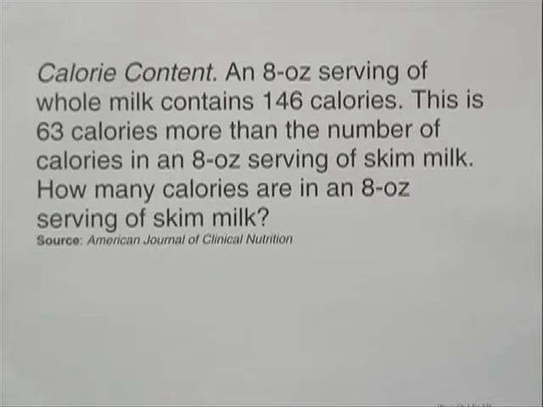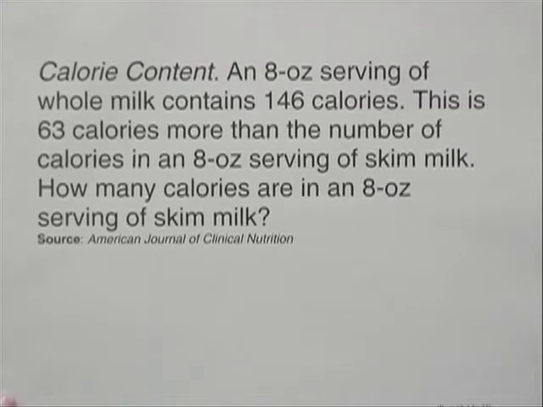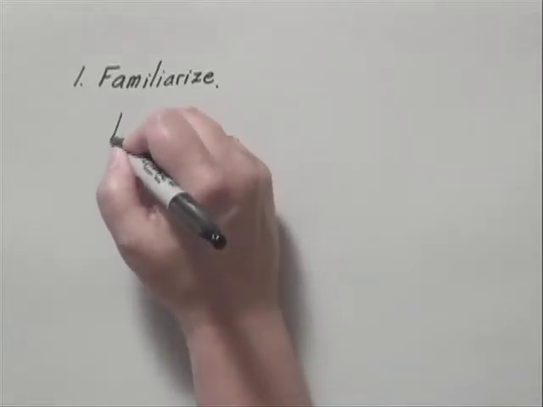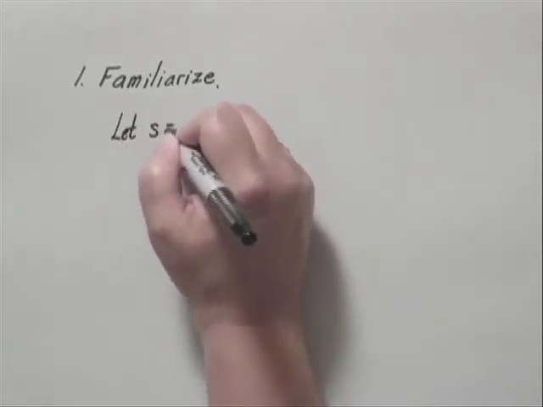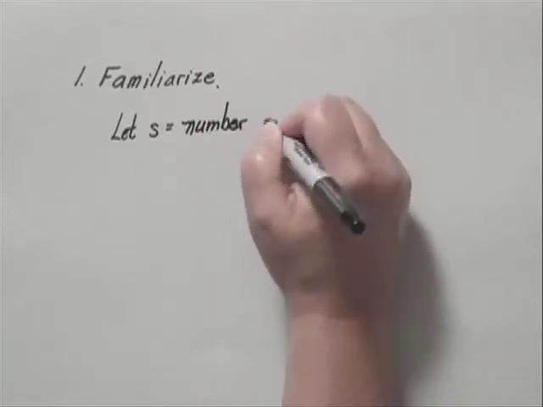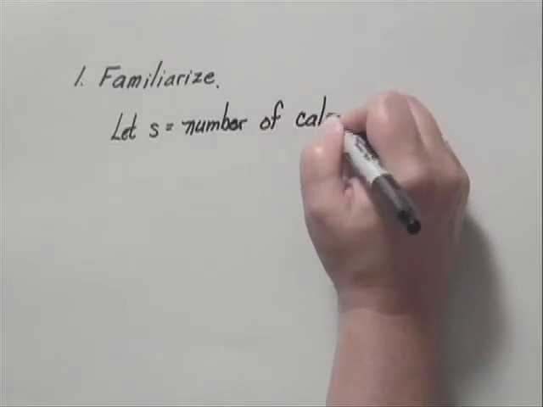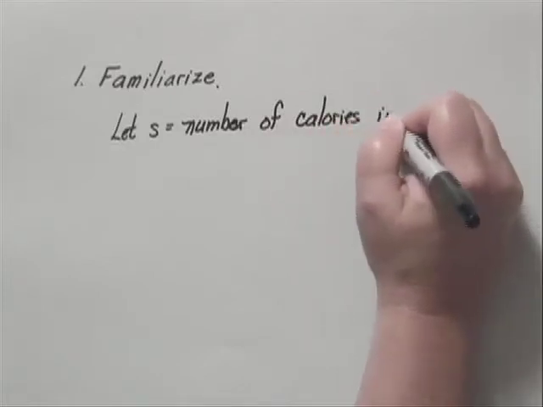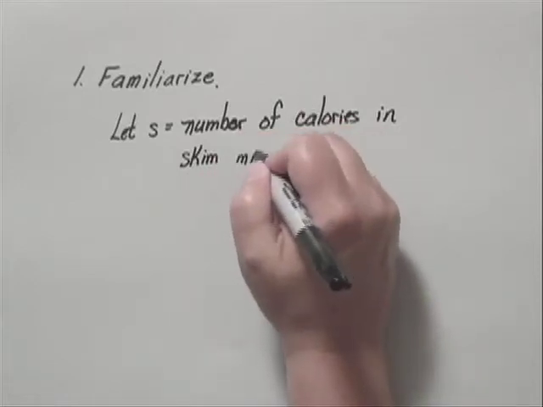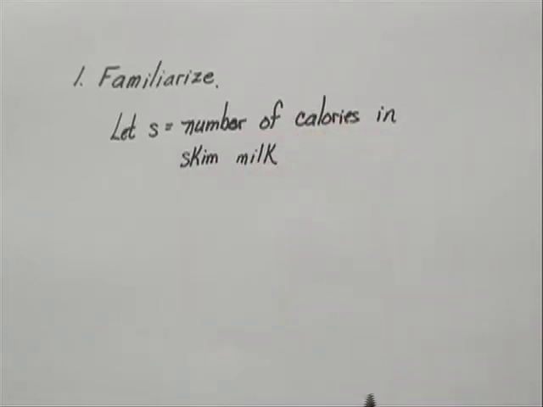And the first step is to familiarize ourselves with the problem situation. First of all, we would read the problem carefully, and then we would define a variable. In this case, we're looking for how many calories are in an 8-ounce serving of skim milk. So we will let S equal the number of calories in an 8-ounce serving of skim milk. It's important to write down what these variables stand for, and the more complicated the problem is, the more important